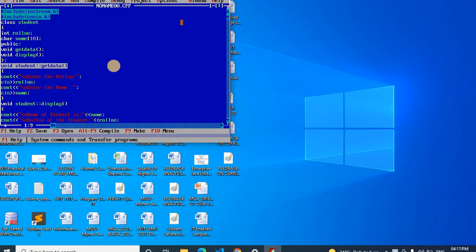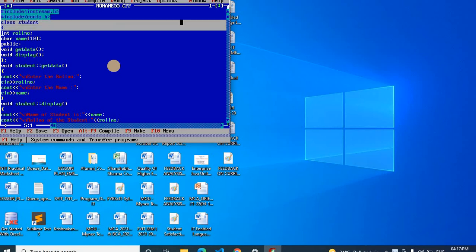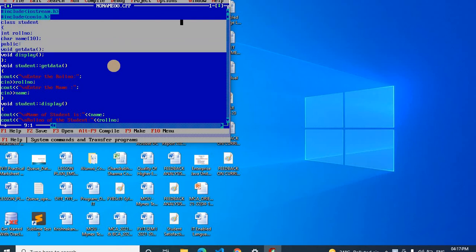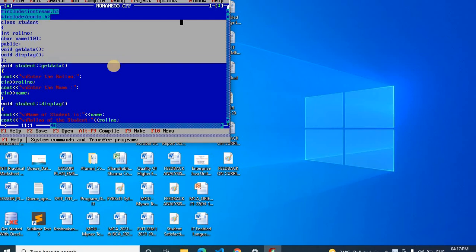Now let me briefly go over the program again. These are the header files, right? Now we need to create the class. So class, then student, opening bracket, variables, then within the public section we'll declare the member functions, get data and display. We'll close this class declaration part and put the semicolon. Now we have to define the member functions one by one. So get data and display. For the first member function definition: return type, then the class name, then double colon, get data, right?